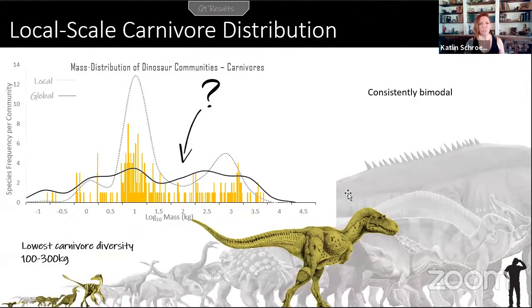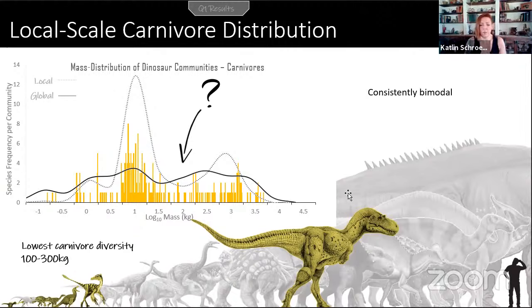And then we have this really distinct gap, right? And this is the crux for the rest of the presentation. There is a super low diversity of carnivores between 100 and 1,000 kilograms. This is really weird, right? It's over the commonly cited threshold for size bias. Remember, Behrensmeyer was finding that in modern organisms, anything below 100 kilograms was kind of missing. Brown et al. found that anything below 60 kilograms was kind of missing. This is actually above that. This is some fairly large animals that seem to consistently not be in dinosaur communities.